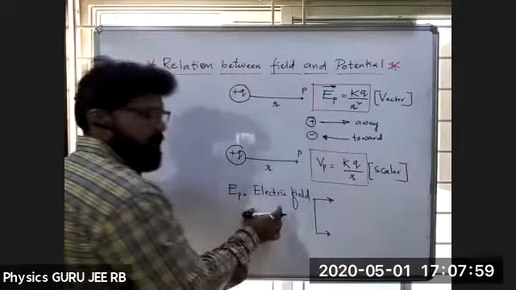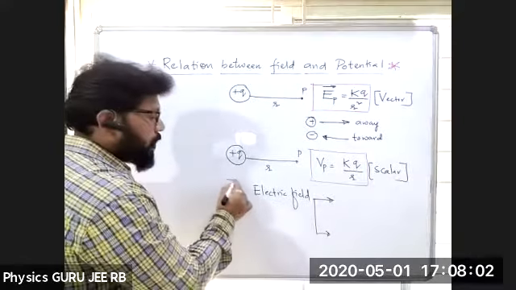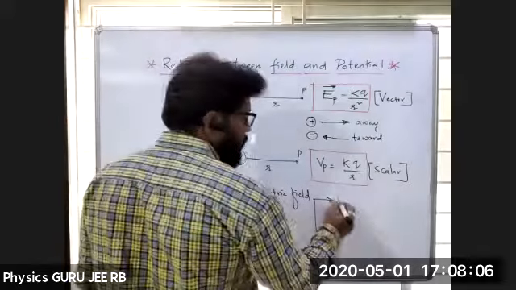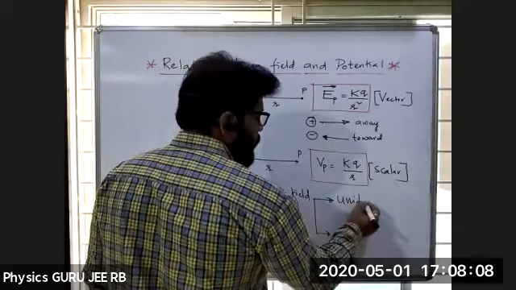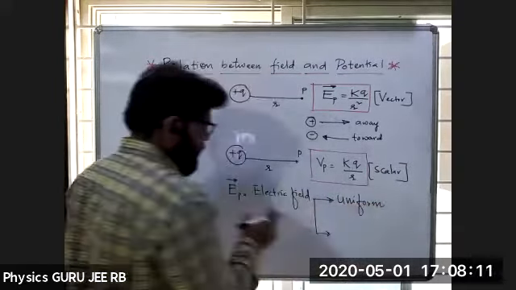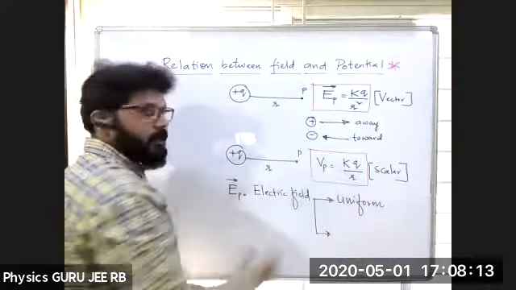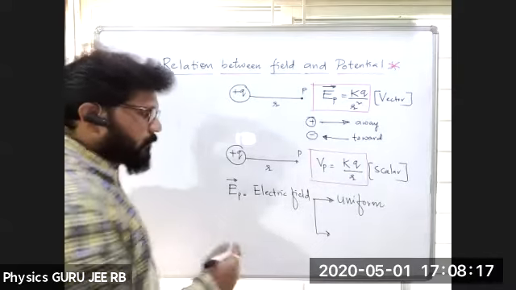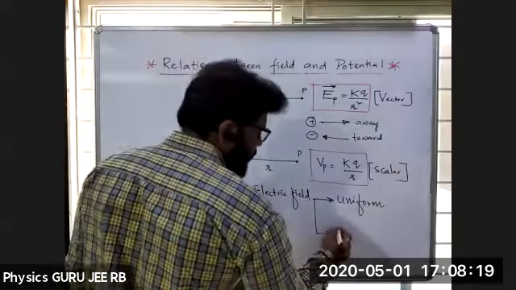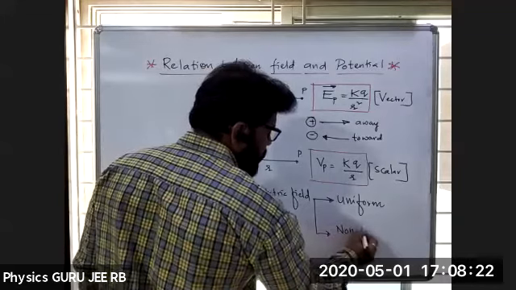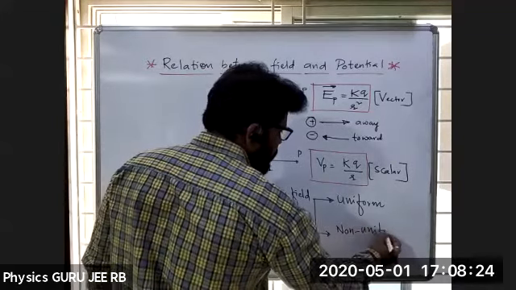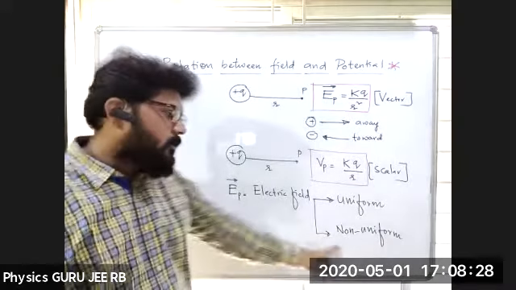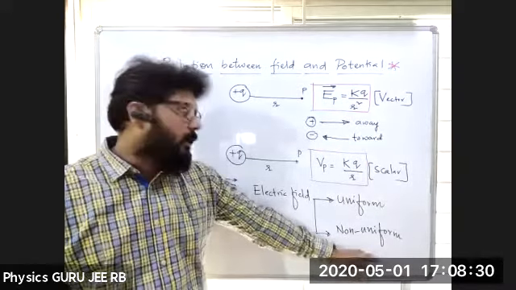One, this electric field is uniform. अगर a uniform बन जाते, uniform electric field, then what is the relation between electric field and electric potential? Number one, case one, right? Number two, when this electric field becomes non-uniform, right? So most of IIT questions are based on non-uniform electric field plus